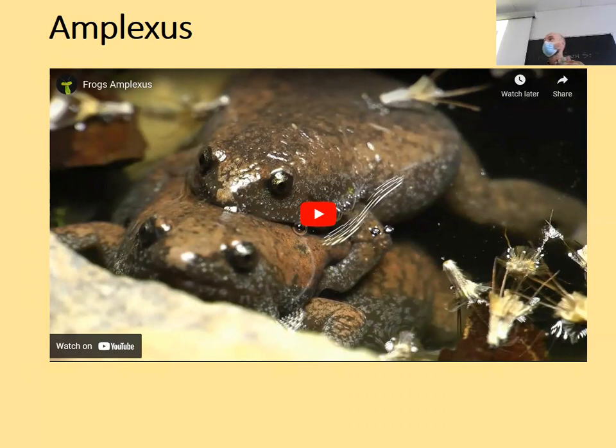The male and female get their cloacas really close to each other, and the female lets out eggs at the same time the male lets out sperm. The sperm and the eggs find each other in the body of water where they're hanging out, and if everything goes well, the eggs are fertilized and develop into tadpoles and more frogs, and the process continues.